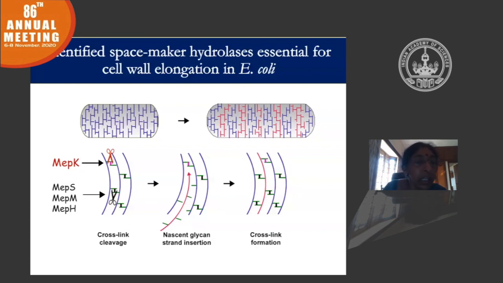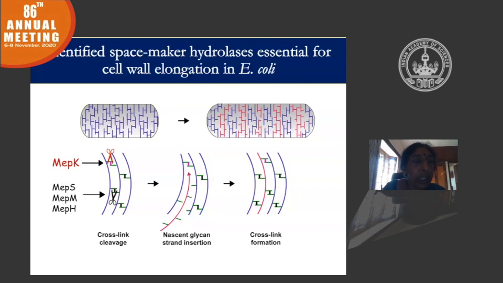And in this case, the D-alanine MDAP crosslinks are indicated in black. There are three redundant enzymes which have similar enzymatic activity in this case. So what we have shown is that all these four enzymes are essential for making the peptidoglycan enlarge. So these four are important for the growth of the E. coli cell.